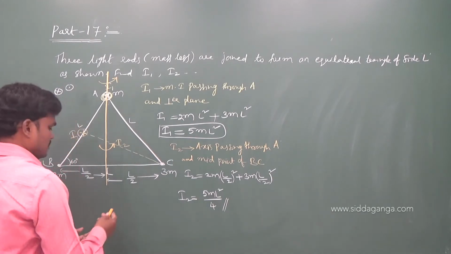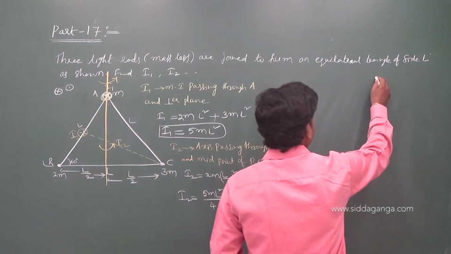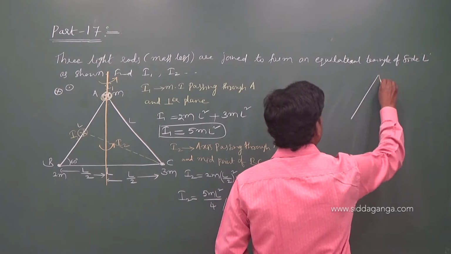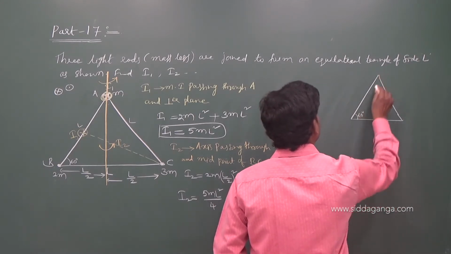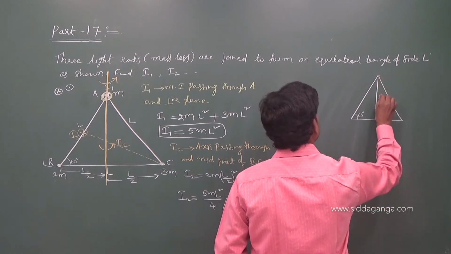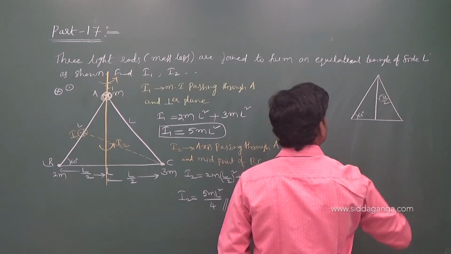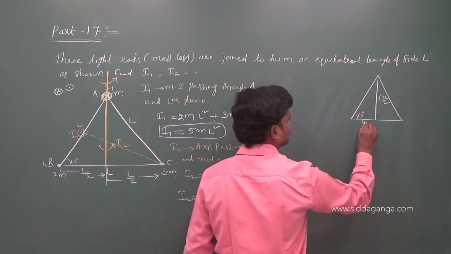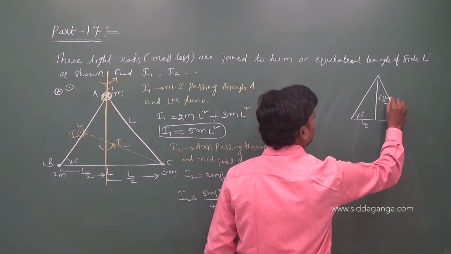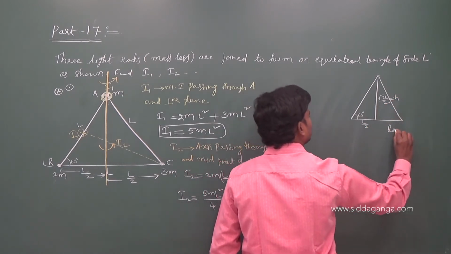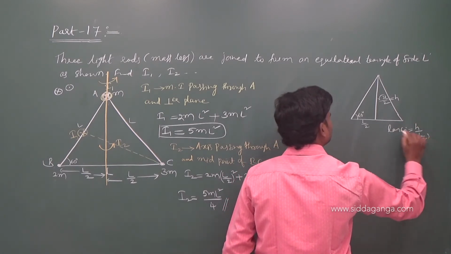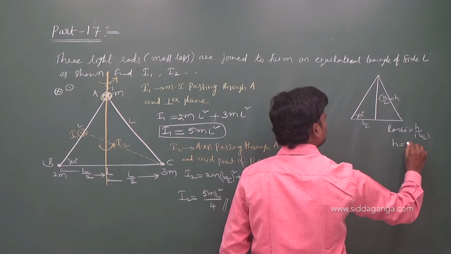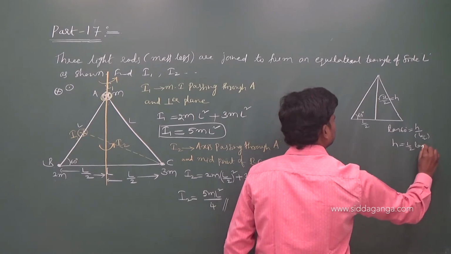This is an equilateral triangle, from here to here, root 3 L by 2. Why? Because see, in an equilateral triangle, this is 60 degrees, and what is this height? Root 3 L by 2, or not? Okay, how much is this one? L by 2. If you want to find this h, tan 60 is equivalent to h by L by 2. So h is equal to L by 2 tan 60.